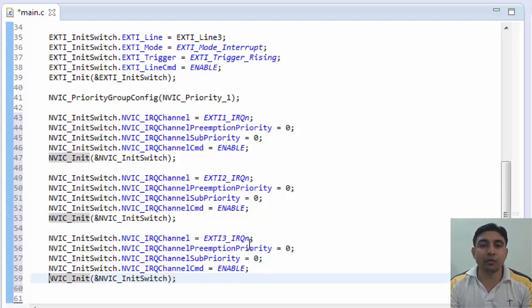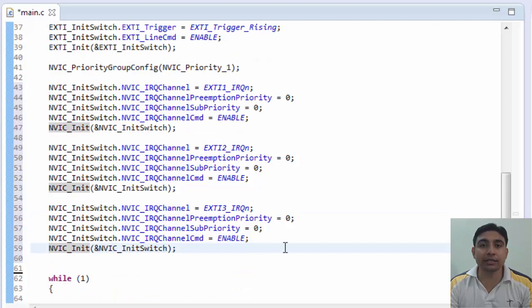Okay, so now we have configured and initialized the NVIC also for these external interrupt lines.